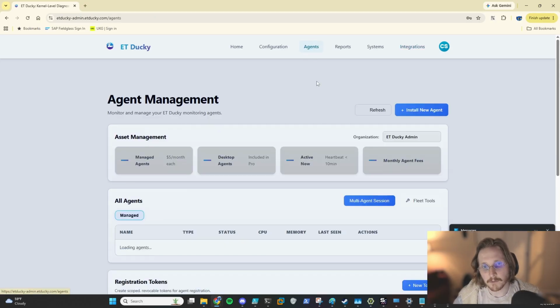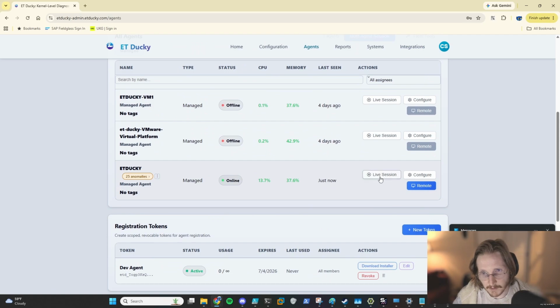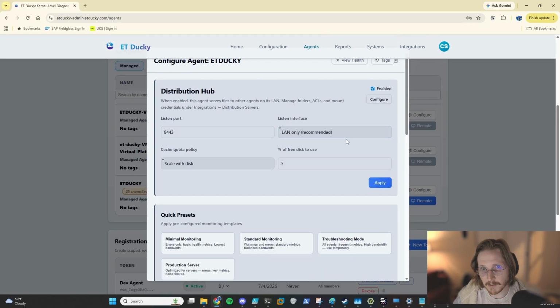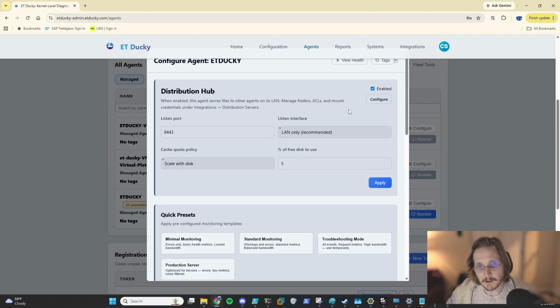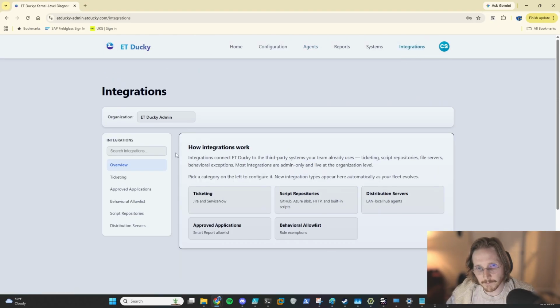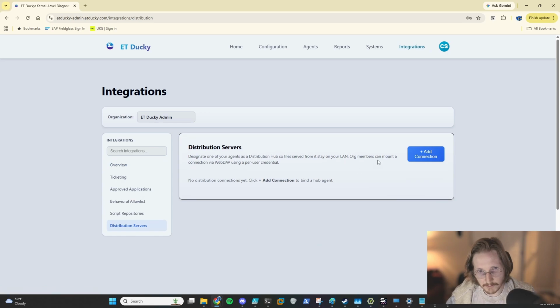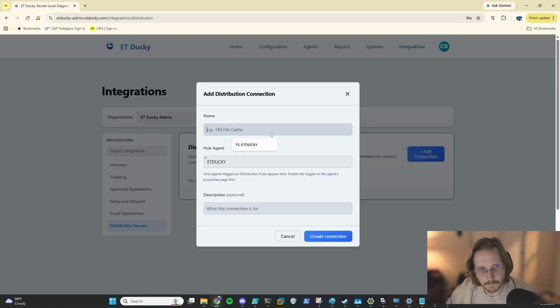So I'm going to go over here. You can see that on this particular agent, if I hit configure, I've got this checkbox here to enable it as a distribution hub. You can choose all interfaces or LAN only. I'm going to do LAN only, and that would apply if you don't want any external access, like anyone who's going to be connecting to the distribution hub will be connected to the VPN or on the LAN. So anyway, that's that. Enabled, I'll apply it, and then over here in integrations, I'll go to distribution servers, and